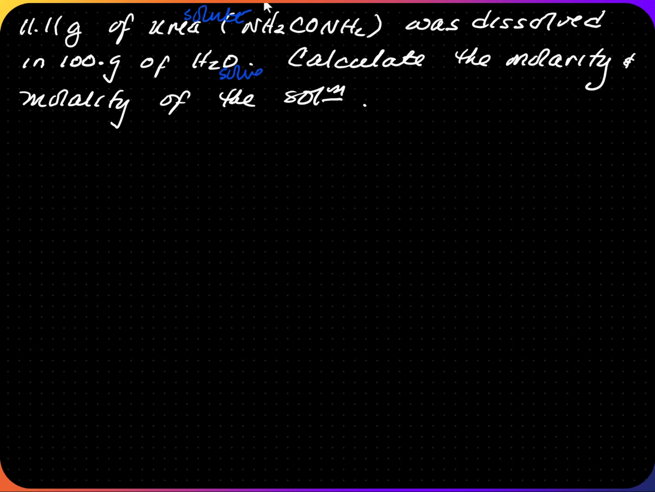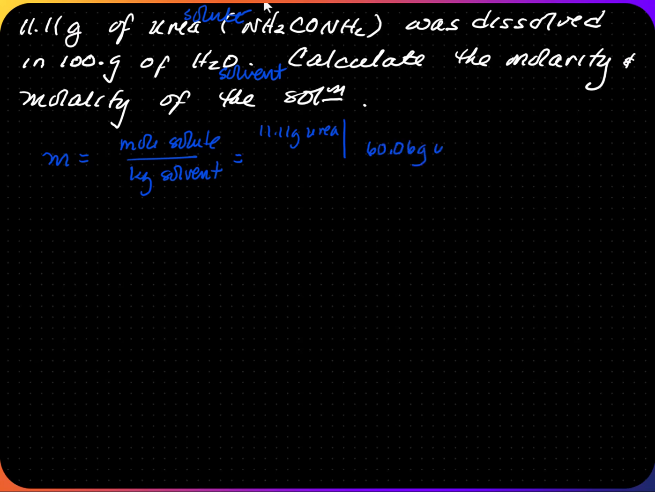Water is my solvent. So the first thing I'm going to do is solve for molality. So molality, little m, is equal to moles of solute over kilograms of solvent. So for moles of solute, I have to convert the 11.11 grams of urea to moles by using molar mass. There is 60.06 grams of urea in 1 mole of urea. Kilograms, there's 100 grams of water. You need to convert that into kilograms. There's 1,000 grams in 1 kilogram. It equals